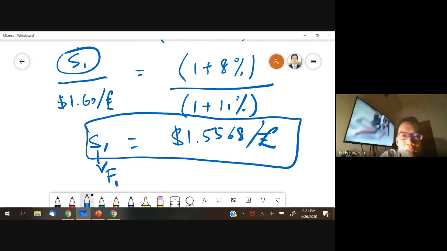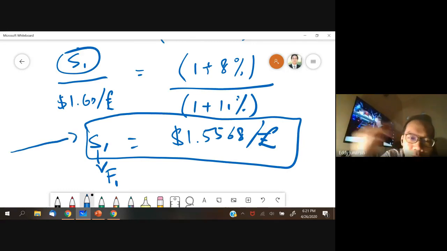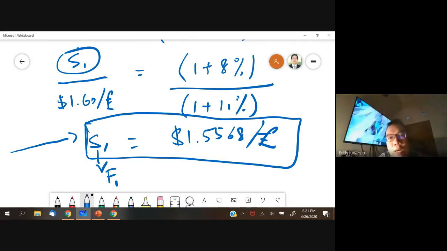Now, if the real spot rate or the real futures rate in the future doesn't match this calculation, then the arbitrage situation will appear. It will exist, and some people could get the arbitrage profit. And I explained this further in, again, my video on parity conditions. But suffice it for now to say that